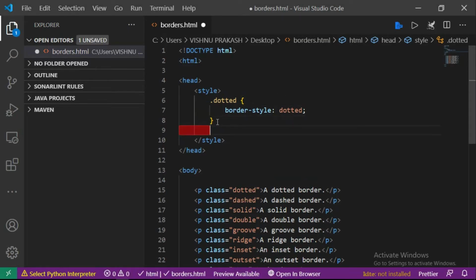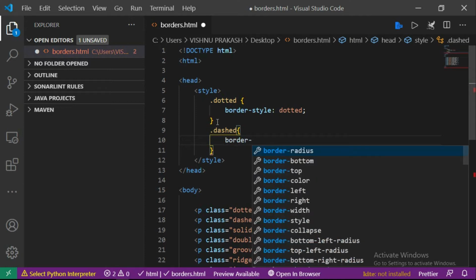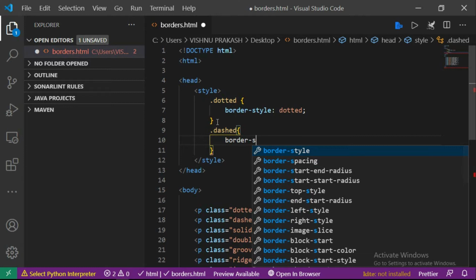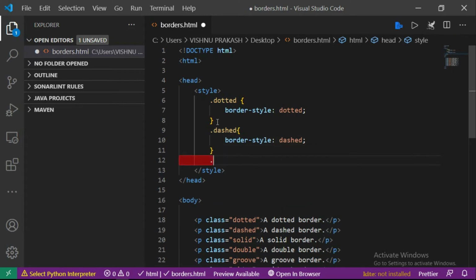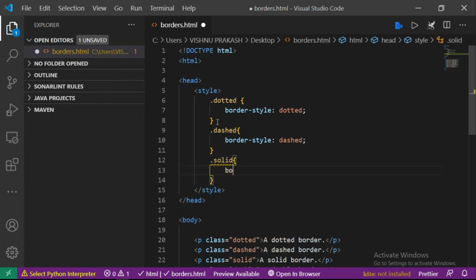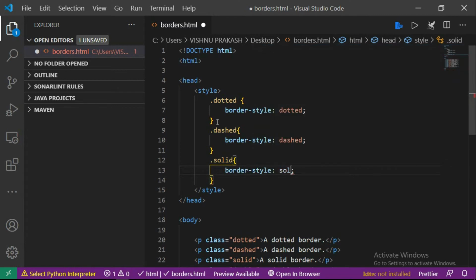Same way, we write the dashed class and give border style as dashed. In the next one we call solid borders, and for solid borders we make the border style solid.